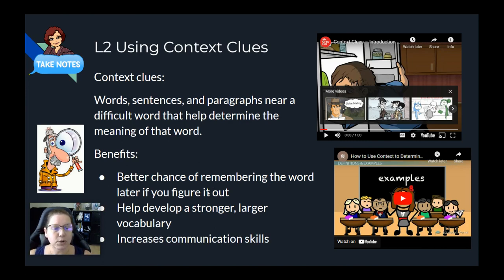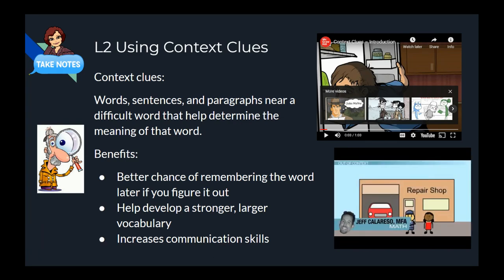Not only does it help you to understand others better, but it also helps you to communicate more because you now have a larger vocabulary. Let's watch a short video on how to use context clues to figure out the meaning of a word. Did you ever find yourself in a conversation where you have no idea what the other person